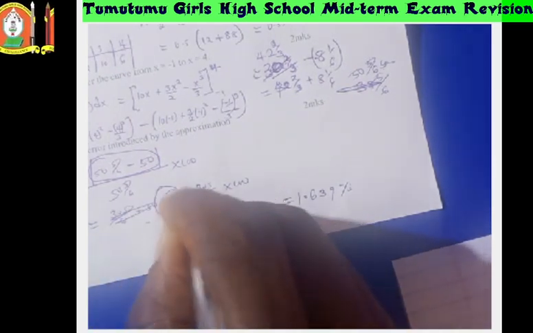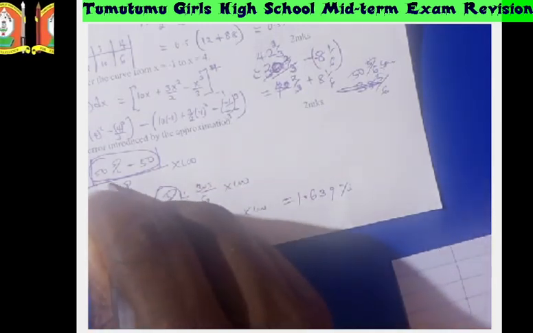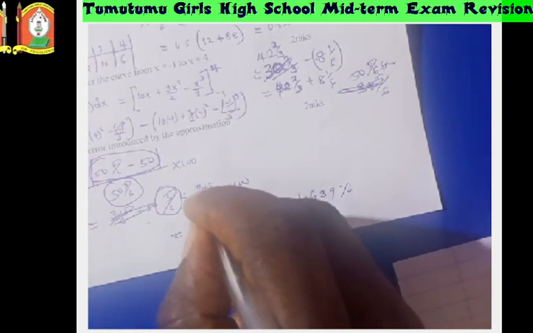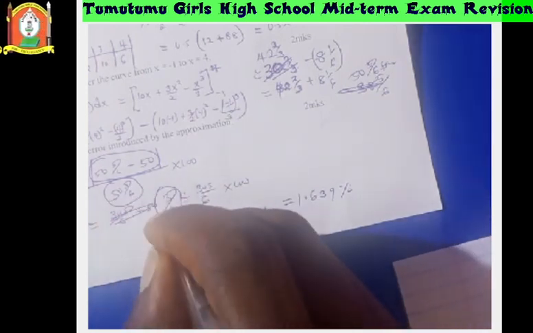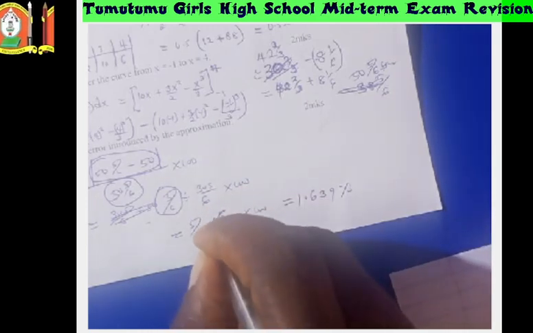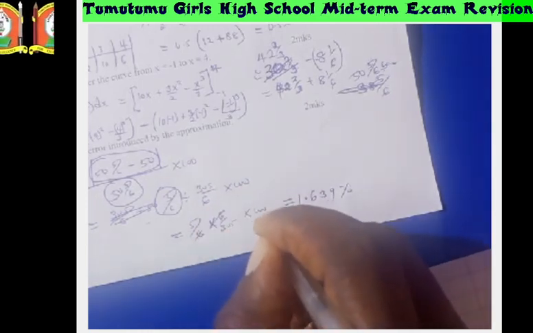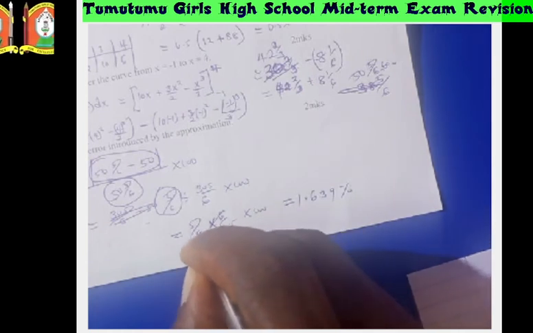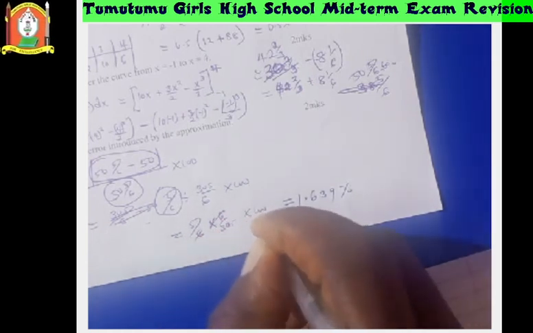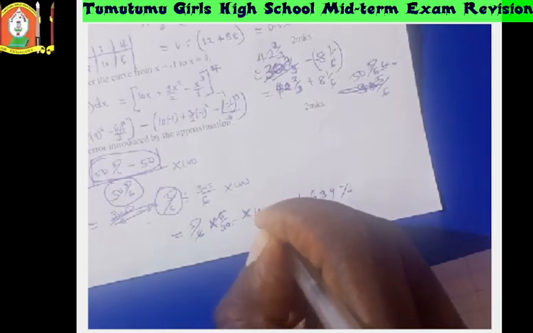Then we divide by the actual, which is 55/6. Then 55/6 in proper mixed fraction is 30 5/6, and we reciprocate and multiply, we get